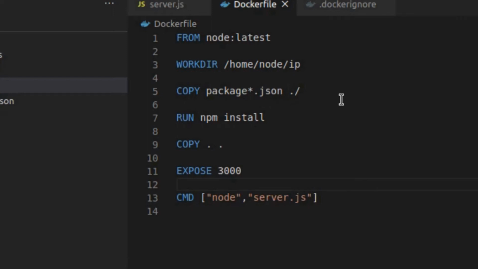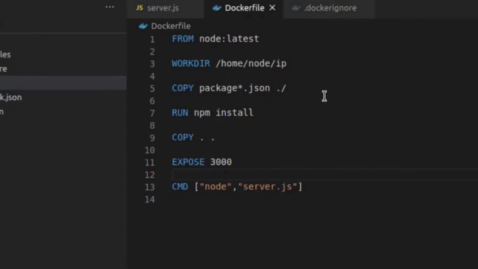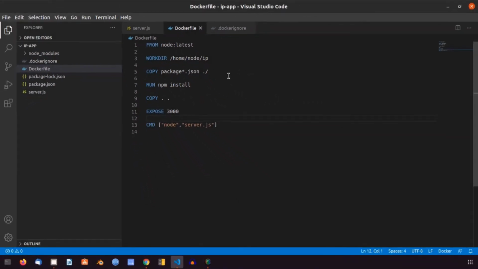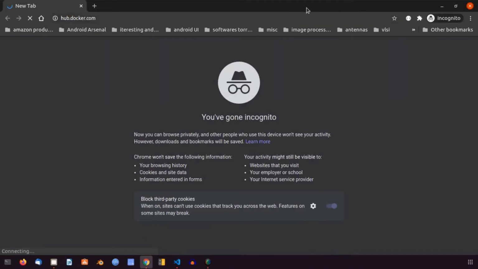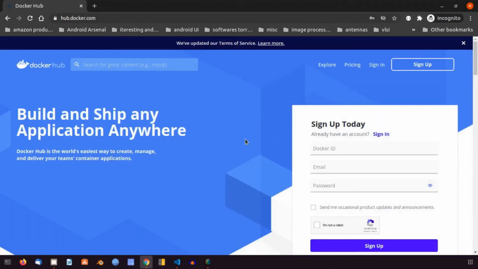And the artifact that is going to be generated out of that build is called as Docker image. And one thing that I want to do is to push this Docker image to Docker Hub, so that anyone can simply take it and create containers out of that image. Let's log in into our Docker Hub and let's create a new repository.